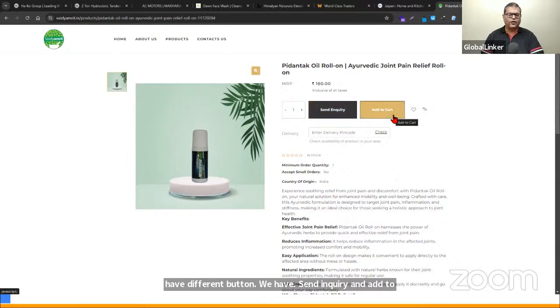What happened to buy now? So buy now is replaced by send inquiry. So this is where the user or this particular organization, they are doing both the things on the same website, right? So they are catering to the retail customers at one end, and they are catering to the wholesale customers